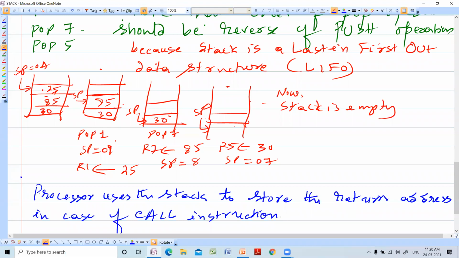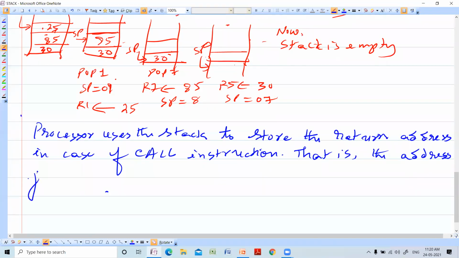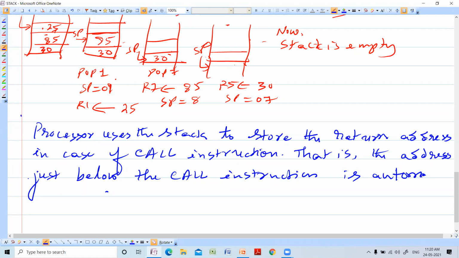That is, the address just below the call instruction is automatically pushed into the stack.